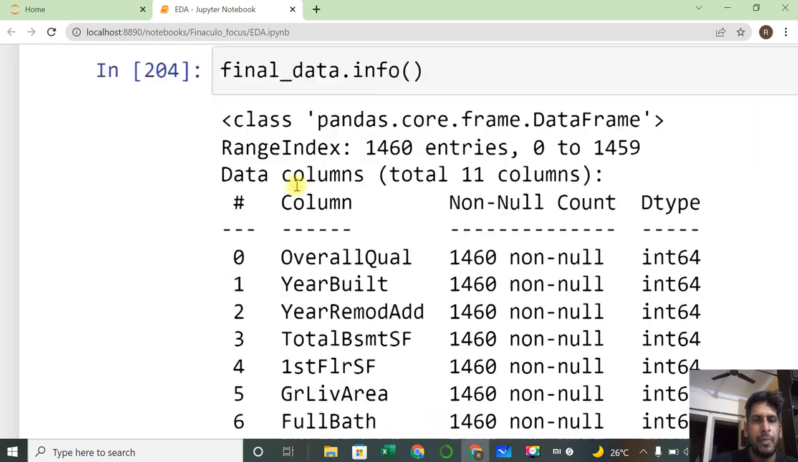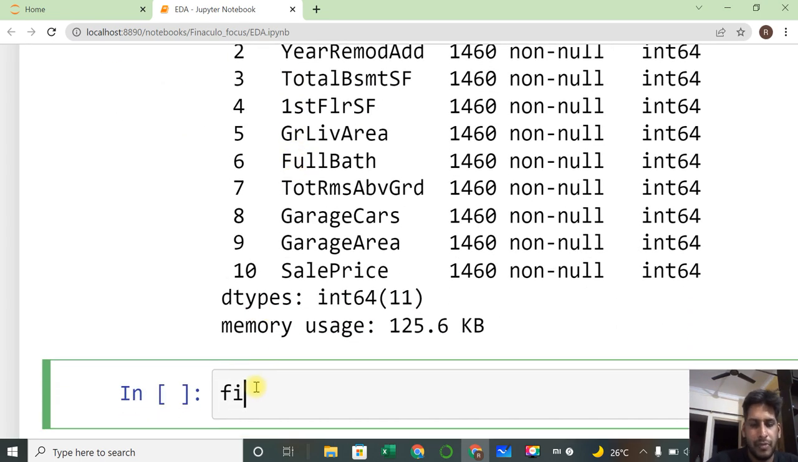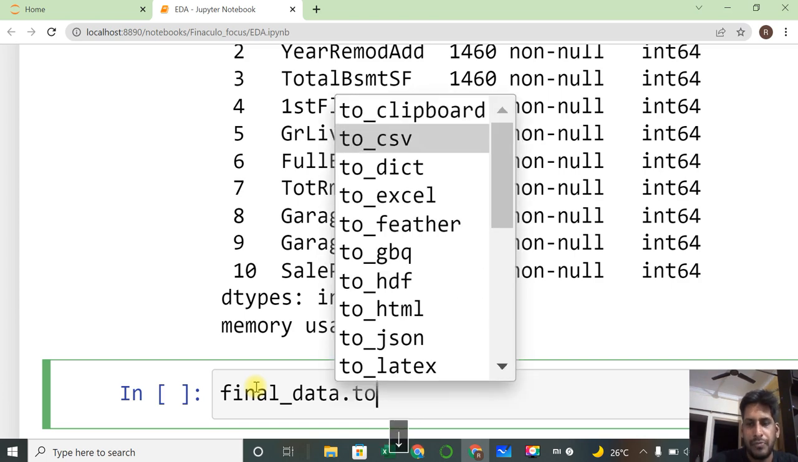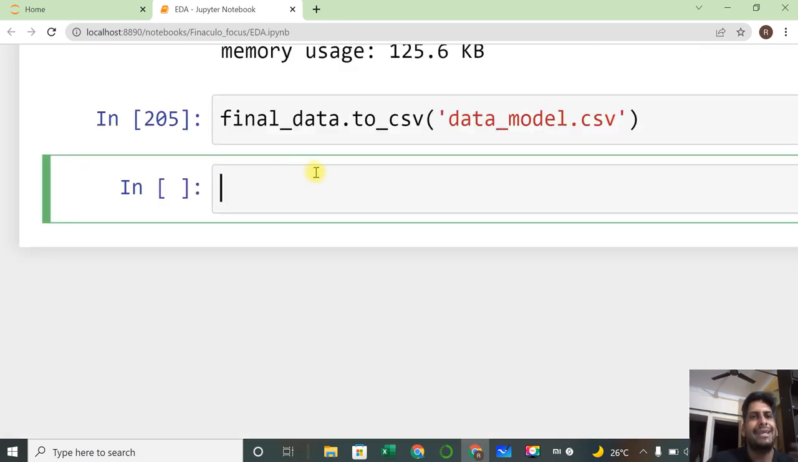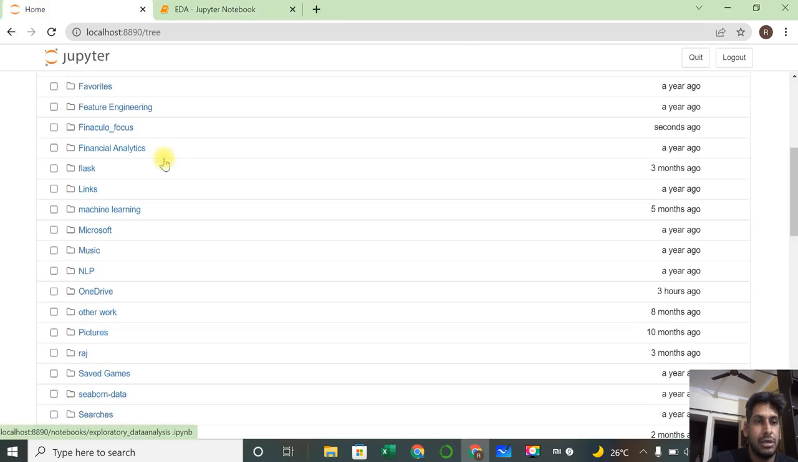final data.to_csv. I just want to convert to csv. If you would like Excel, you can do to_excel, or to_csv. I say data_model, like model data, .csv. If I execute this code to_csv, you will get that in your folder